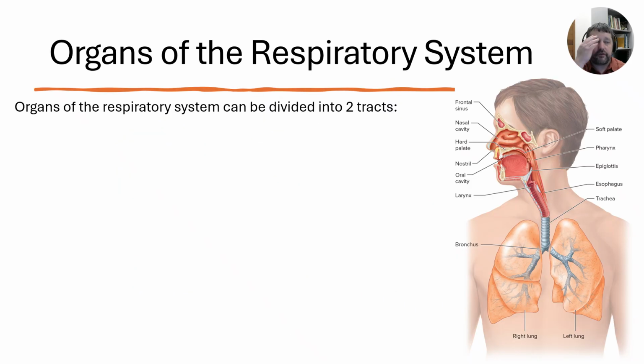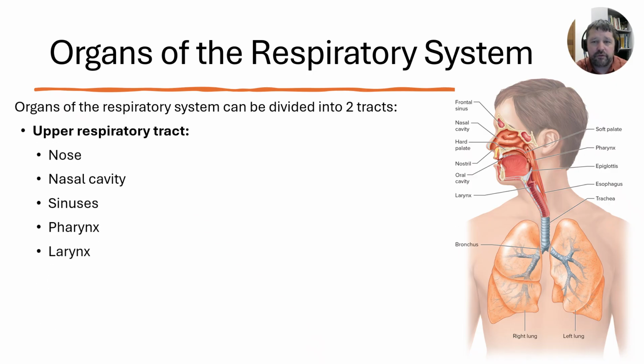All right, so first off, let's talk about the anatomy real quick. Again, the anatomy we've covered in labs before, so it's just going to be a quick overview. The respiratory system is typically divided into two tracts. One of those tracts is called the upper respiratory tract, and that includes the nose, the nasal cavity, sinuses, pharynx, and